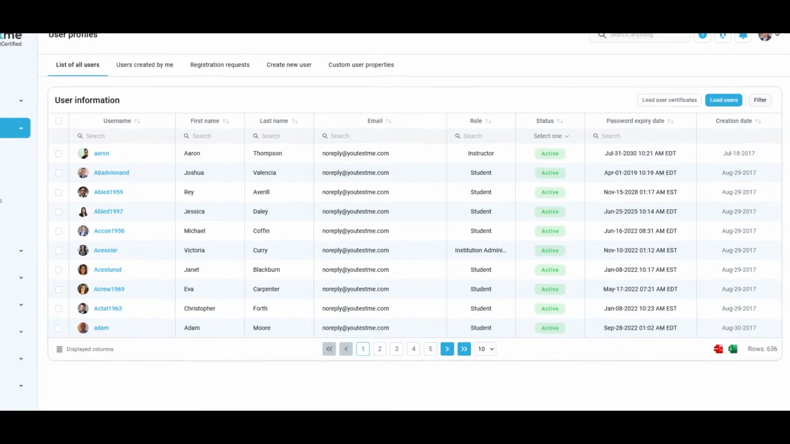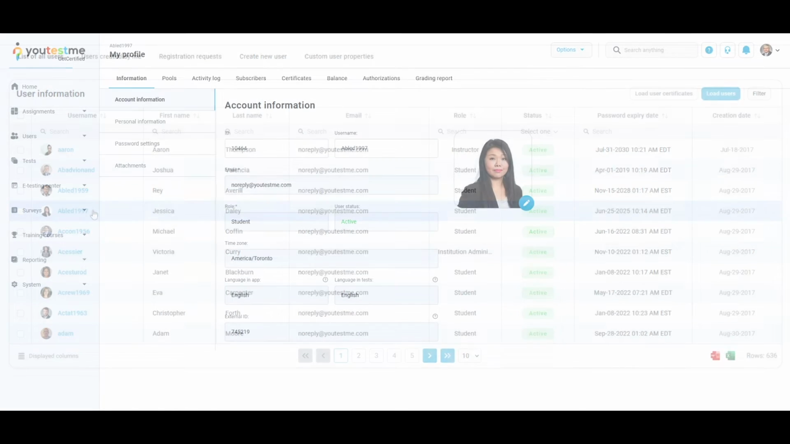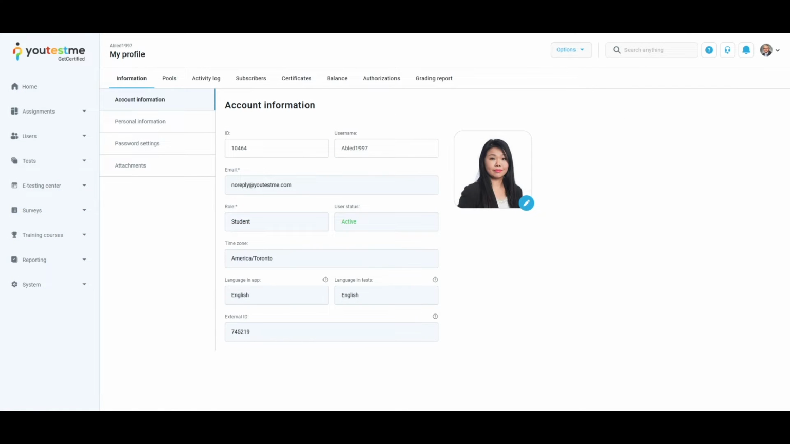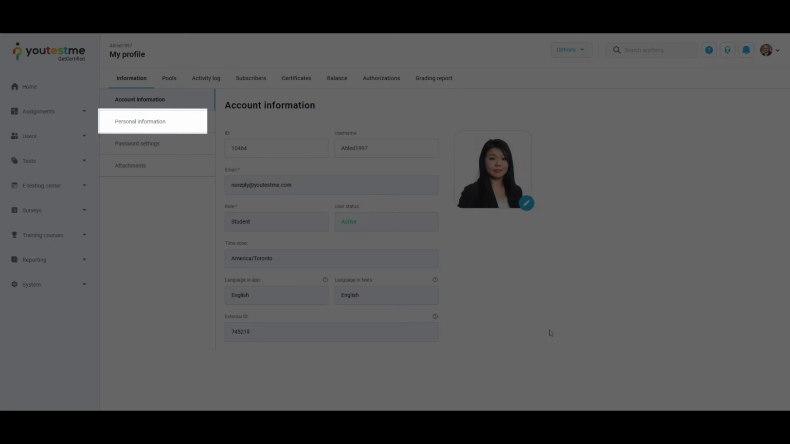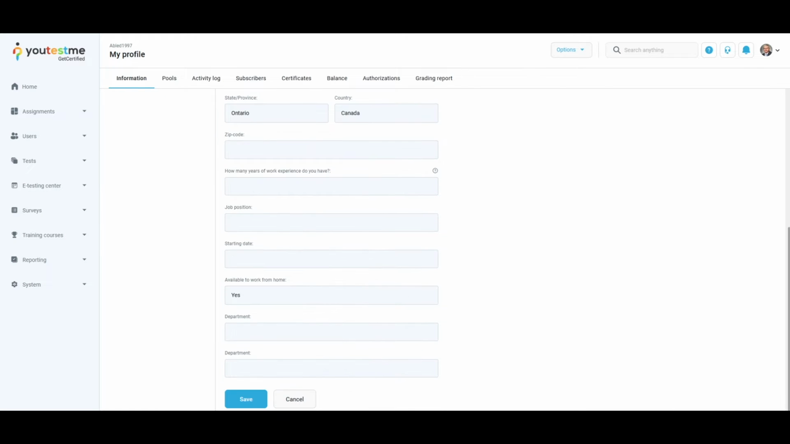Here you can see the list of all users in the system. Find the user whose personal information you want to modify and click the username to open the user's profile. From the sidebar menu, navigate to the Information tab, change or enter valid data, and click the Save button to